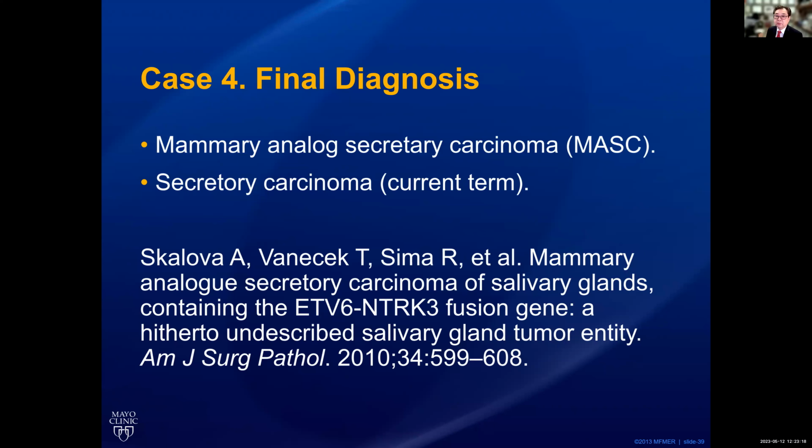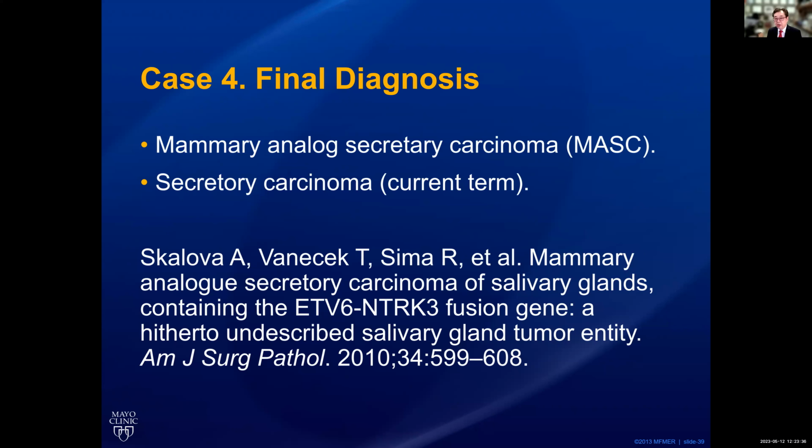However, in the recent WHO classification, some pathologists believe the name is long and hard to pronounce. They just cut the mammary analog part and called it secretory carcinoma. And this is what we are using now. And Dr. Skalova